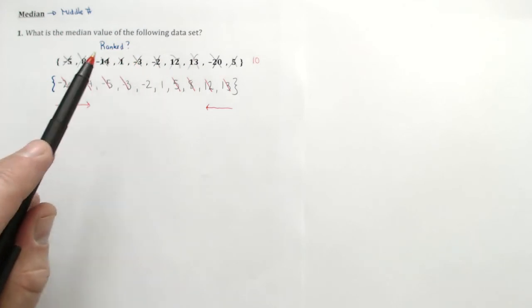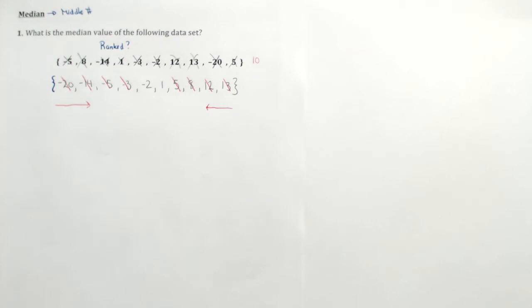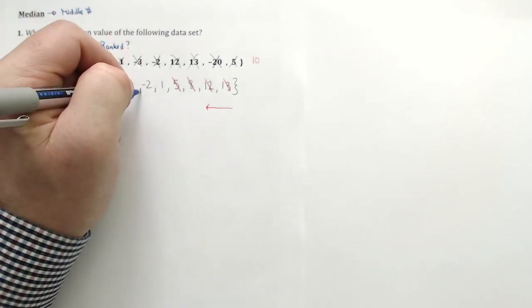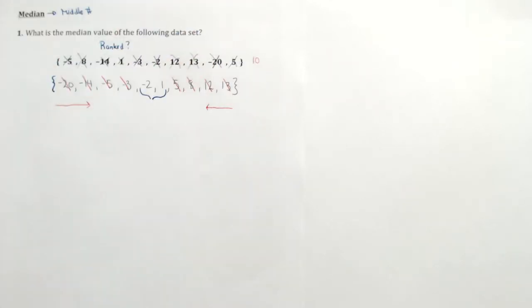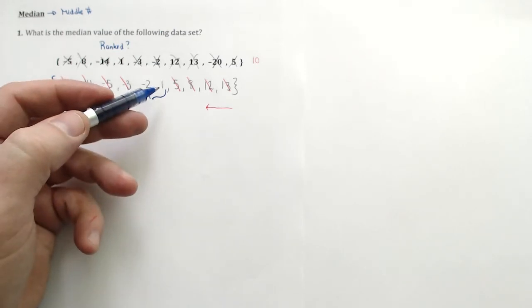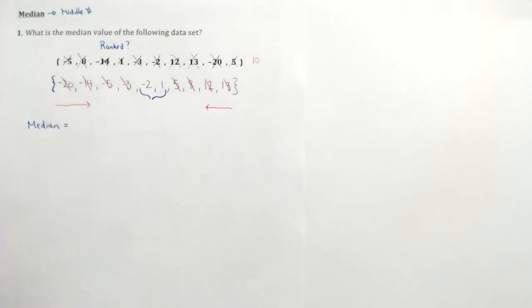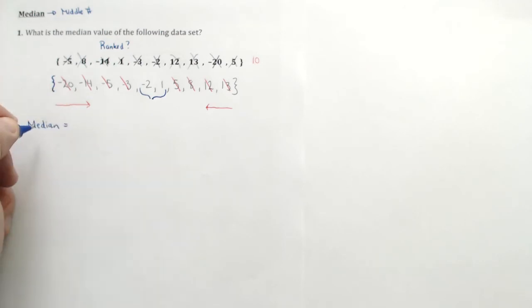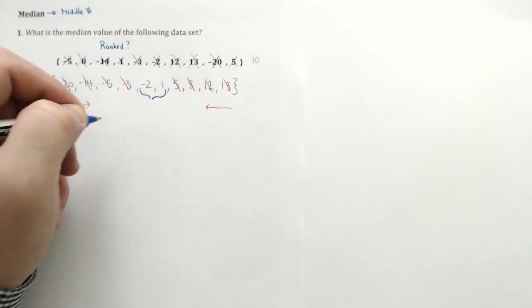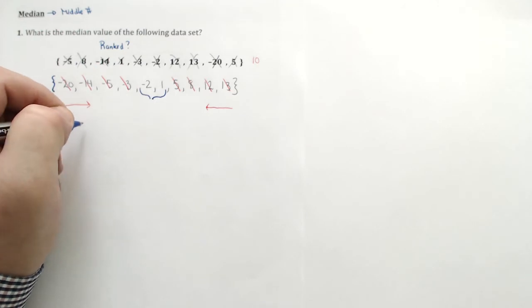It's very easy. But in the instance when you come down to a spot where you're left with 2 in the middle, because we have an even number of points, we can't say that the median will be equal to a -2 and a 1. It doesn't make sense. We want a middle number. And so what we do to get the median when we have two middle numbers is we get the average of that middle 2. So we're going to go -2